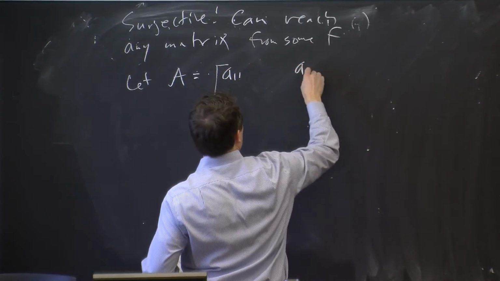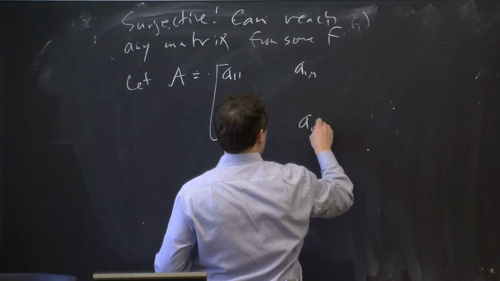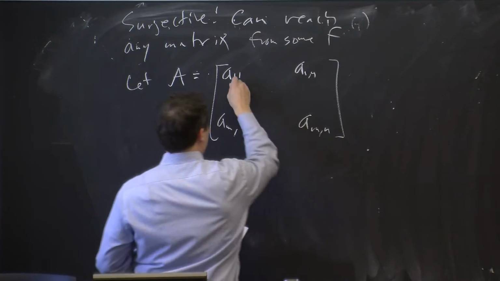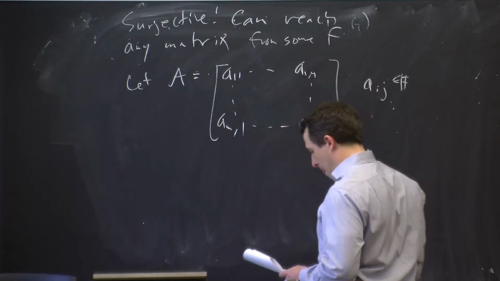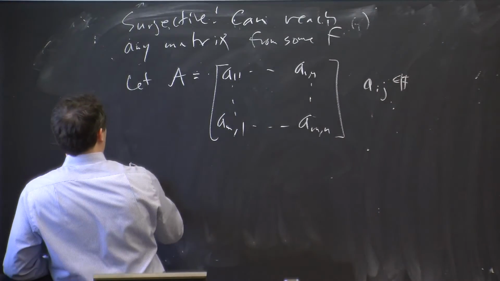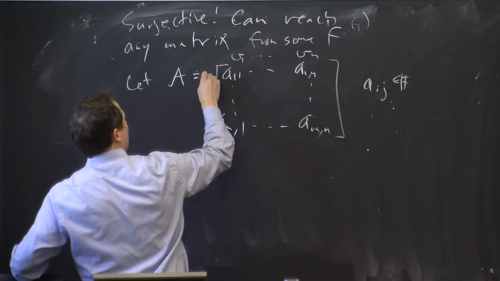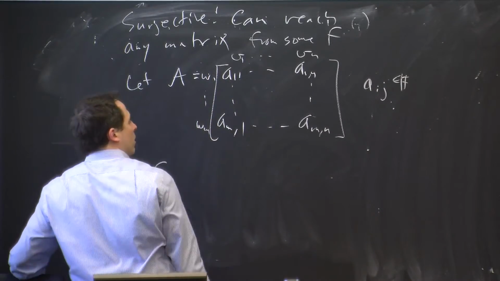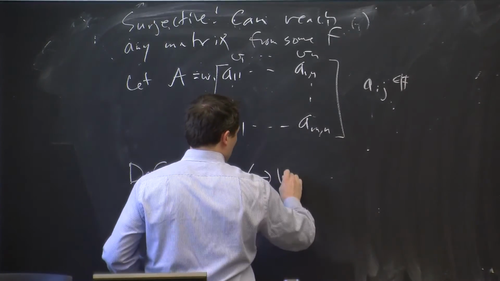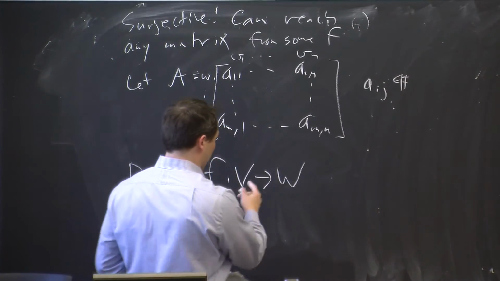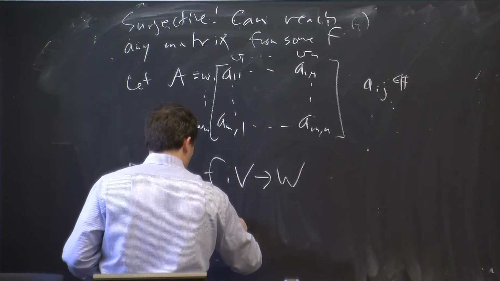A11 up to A1n, Am1, up to Amn, an m by n matrix, with each aij a field element. And this is labeled, of course, by basis vectors of V and basis vectors of W. Let's define the linear map in the pre-image. I can define a linear map by telling you where it sends basis elements. So let us just send the kth